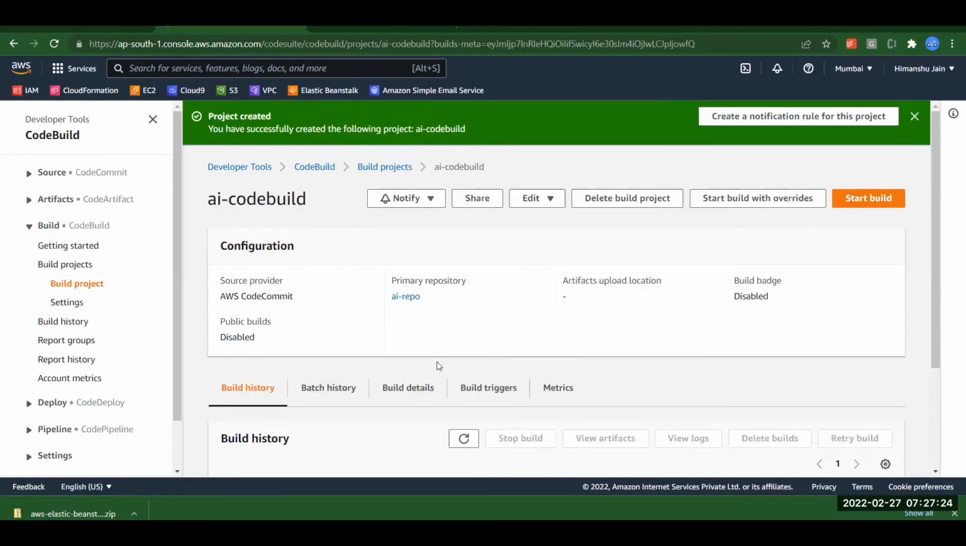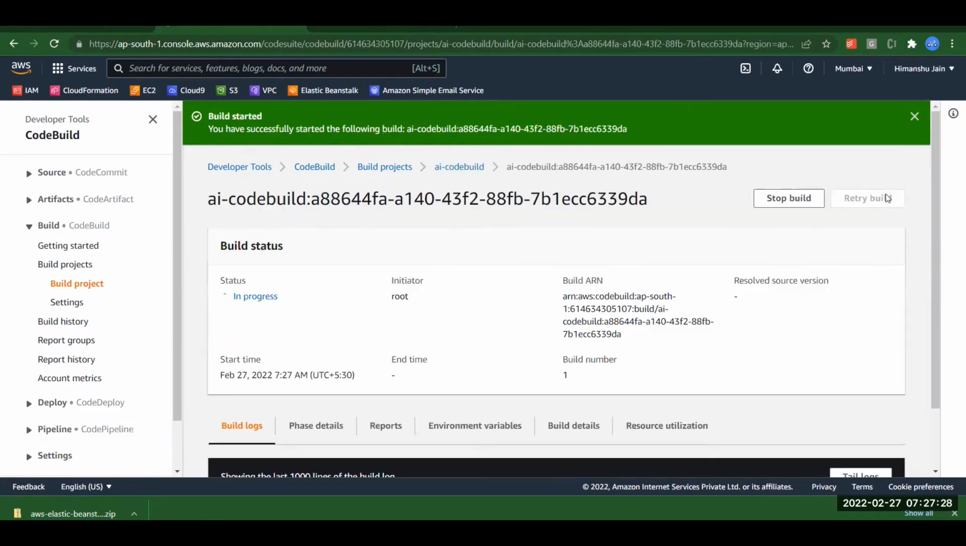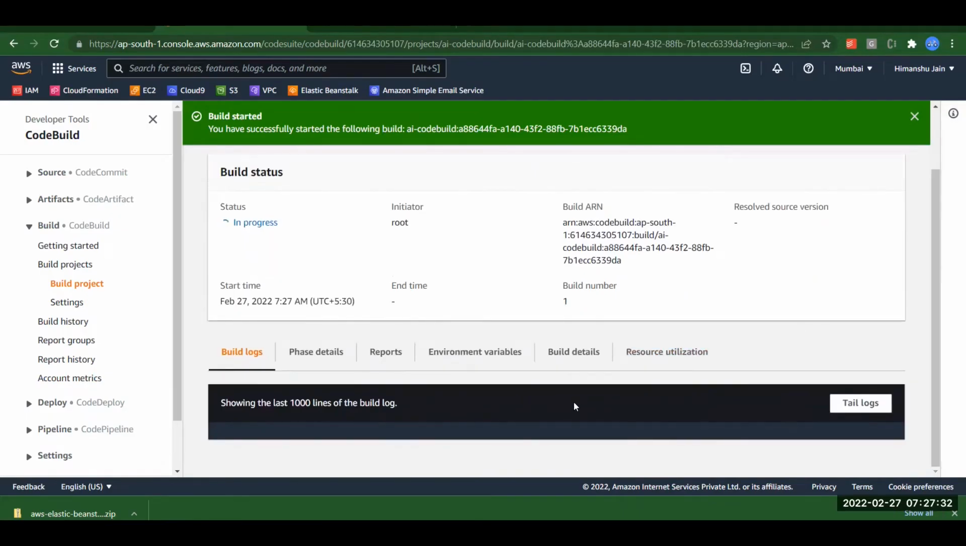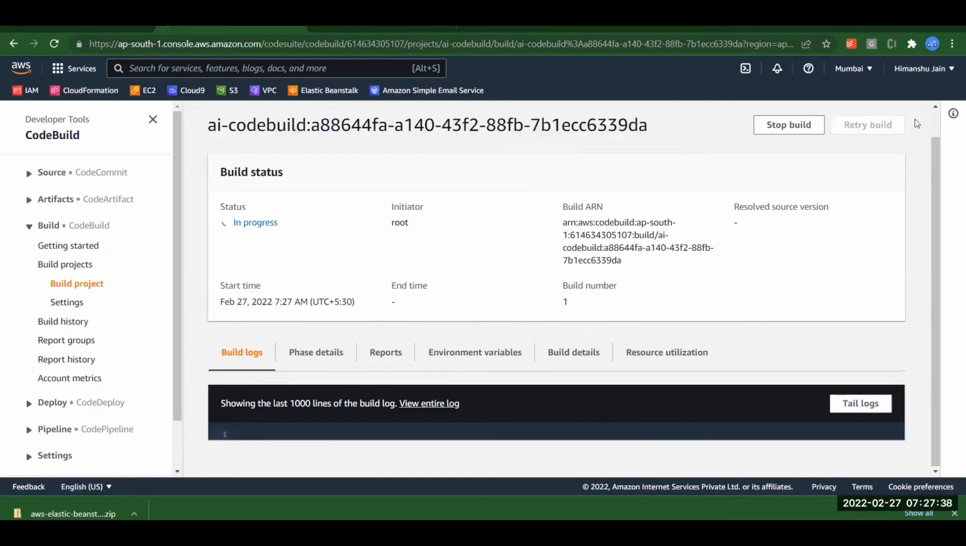So we can see this project got created. We want to say start build. As of now, it will simply build it. That's it. And we can always see the build logs here. Now see, it will start coming. Let it come. Some logs will come. Meanwhile, we can see what is the